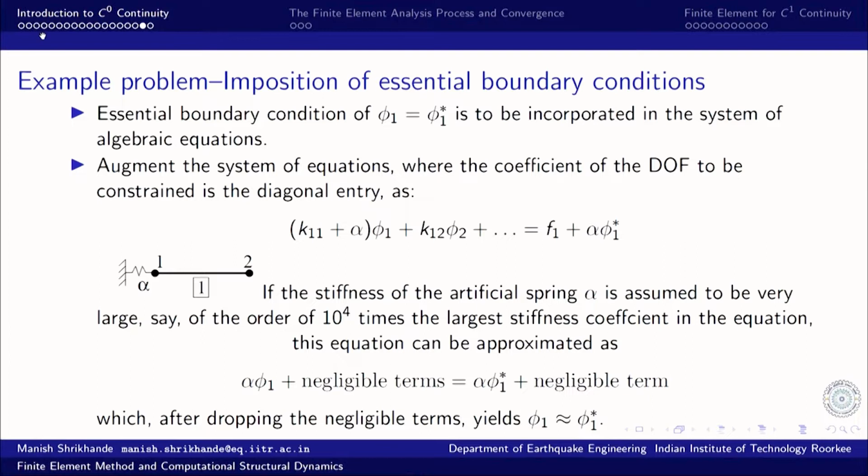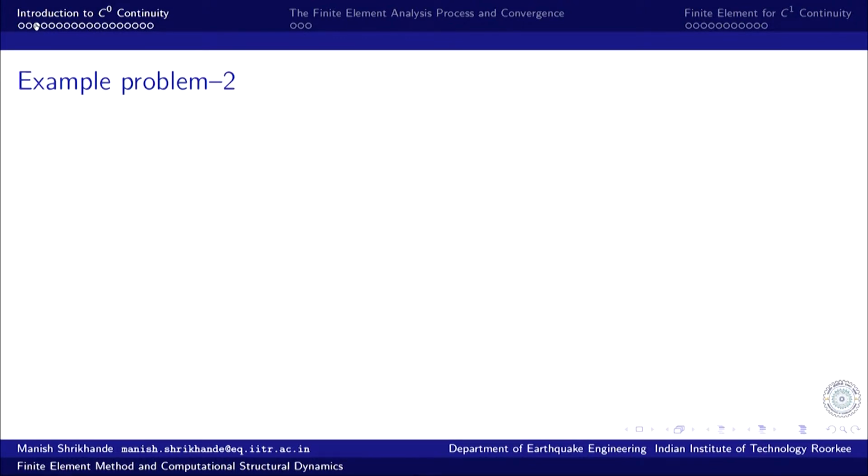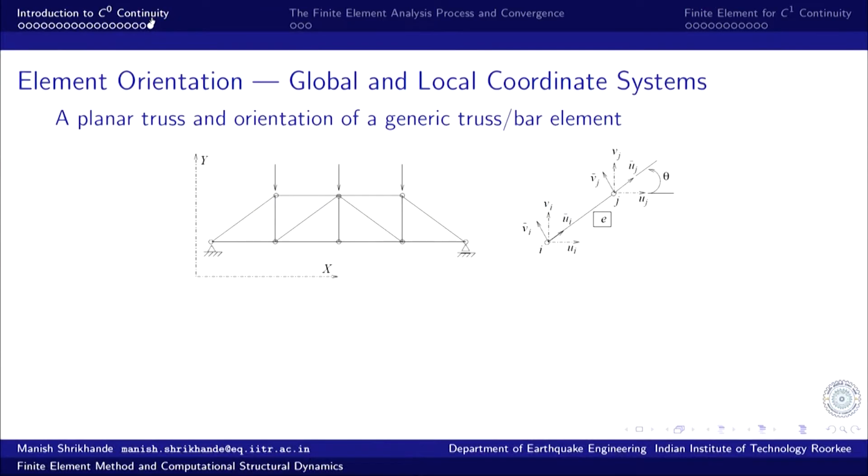Now, for the simple problem that we have seen here, we only referred to a finite element mesh which was only a straight line. The entire domain was a straight line. All the elements that we used, 4 elements, were in the same line. So the same frame of reference could be used for defining the element level equations for all the elements, but that is not true in general, and we may have different elements with arbitrary orientation.